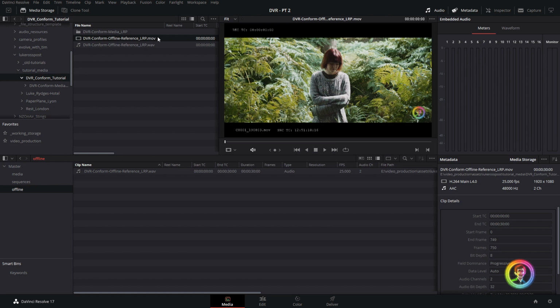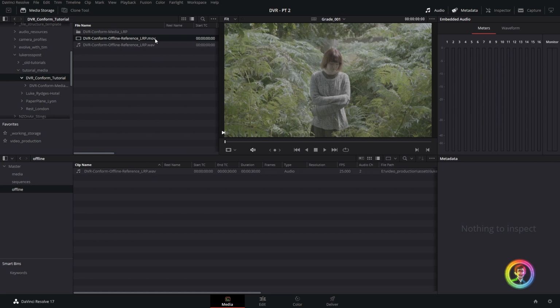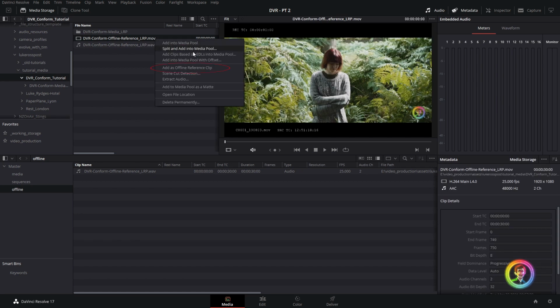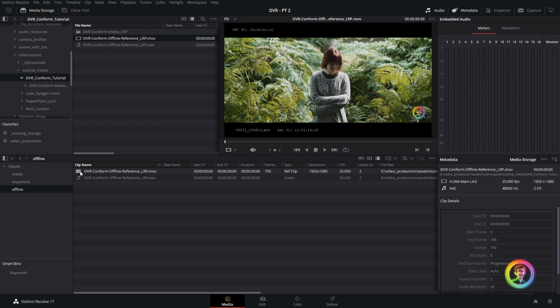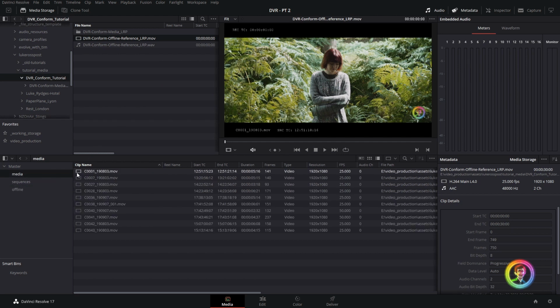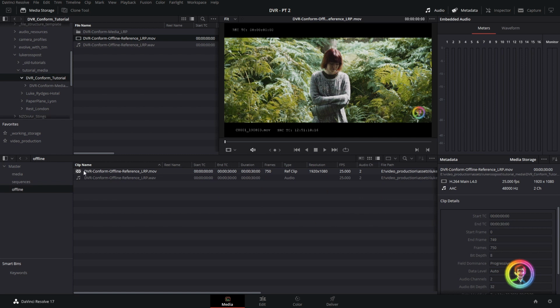Okay, now the next step is to bring this into Resolve as an offline reference movie. Now this is different to just drag and dropping. We're not going to do that. I'm going to go ahead and delete this. We're going to right click our movie file and add as offline reference clip. You can see here that this icon is slightly different in comparison to standard media clips. This is a special type of clip that we can link to a sequence in order to sync check our